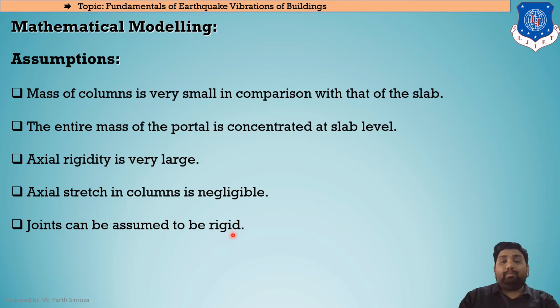Joints can be assumed to be rigid. Now why so? Because we are assuming that it is made of a monolithic structure. That means it is made of a homogeneous material. The material that is used in beams is the same material that is used in columns. We are assuming that. And if that is the case, then the joints can be assumed to be rigid. Whenever we are considering a monolithic or homogeneous structure, at that time the joints can be assumed